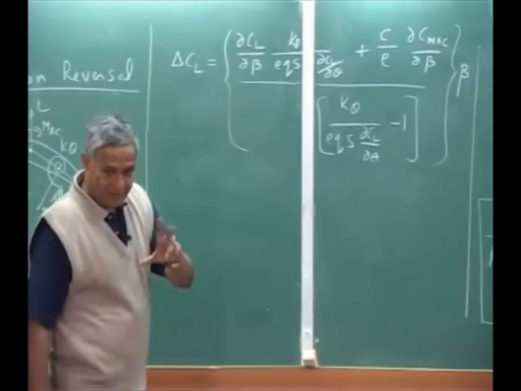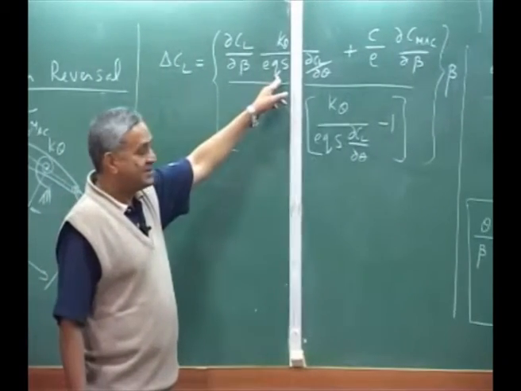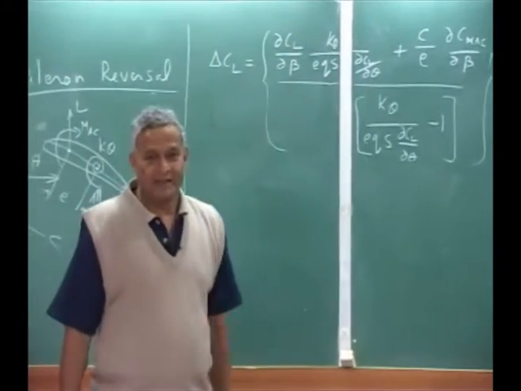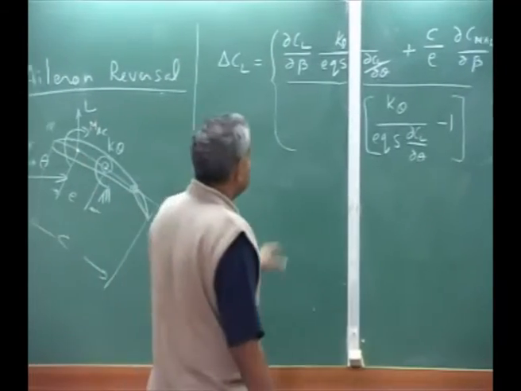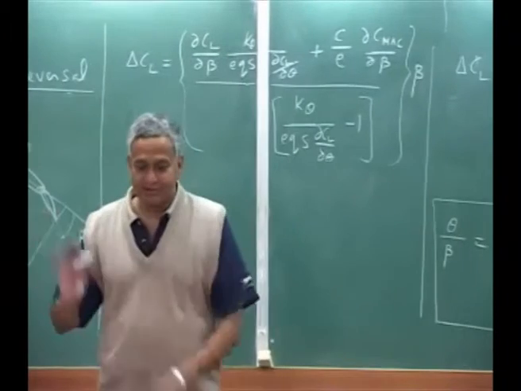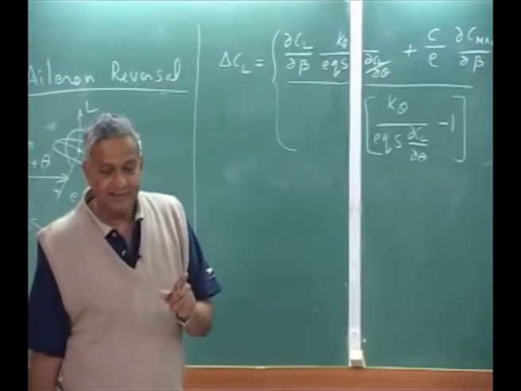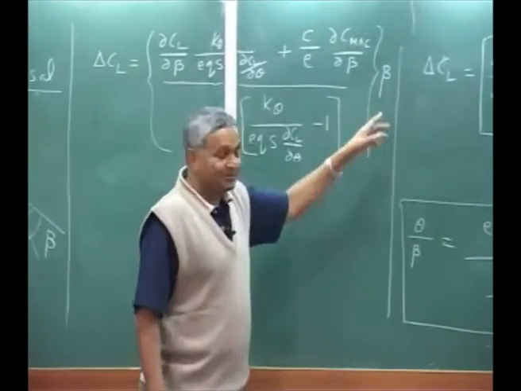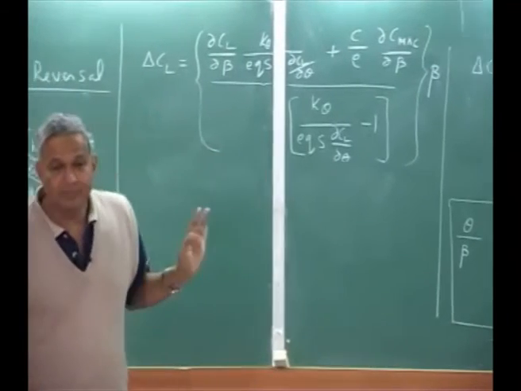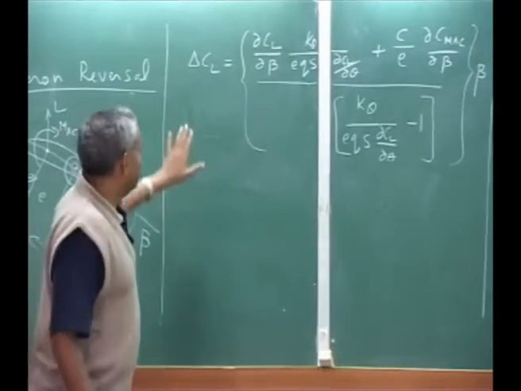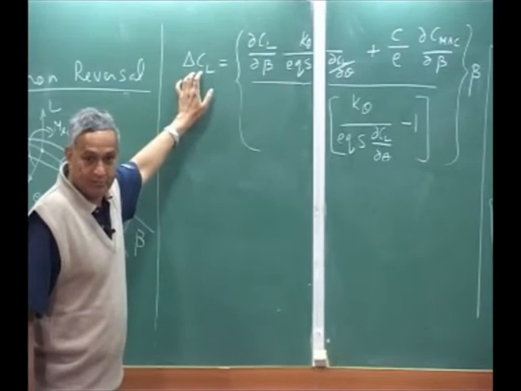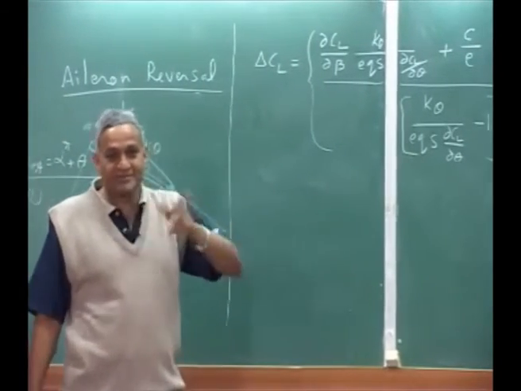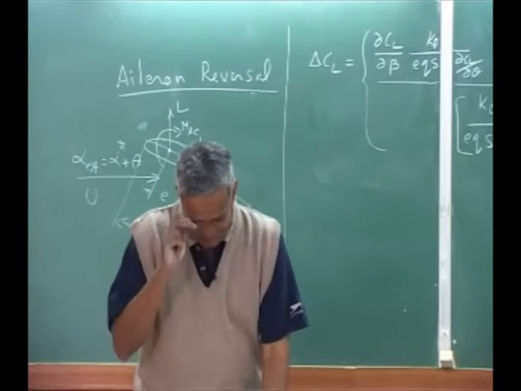The aerofoil. Now, as you keep increasing your Q, what happens? This term keeps decreasing. At one point, you can make this equal to 0, and that is the control reversal speed. In other words, no matter what I do to beta at that speed, nothing is going to change my lift, delta CL is 0. You may have a lift, please understand, that is why lift is not 0. The change in lift is 0. So, that particular condition,